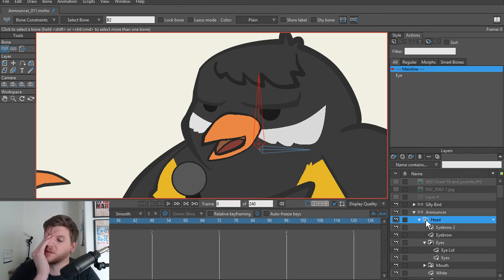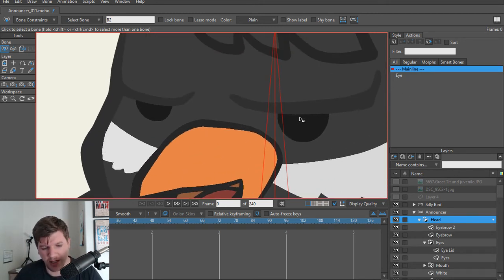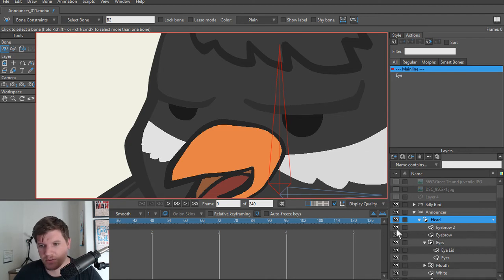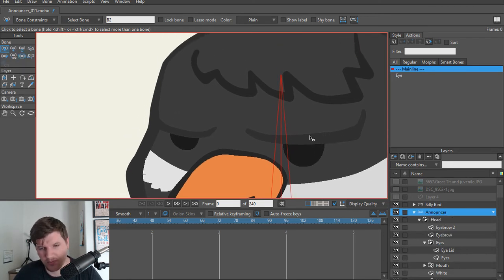I think I can do that. But yeah, for right now, I'm just going to have that bone there just kind of floating there, so it just holds something in place. And then I'm going to go back to